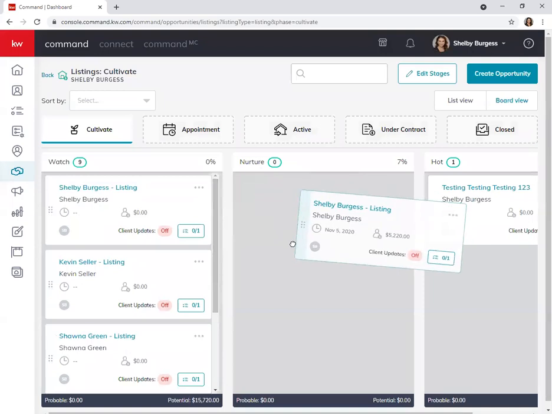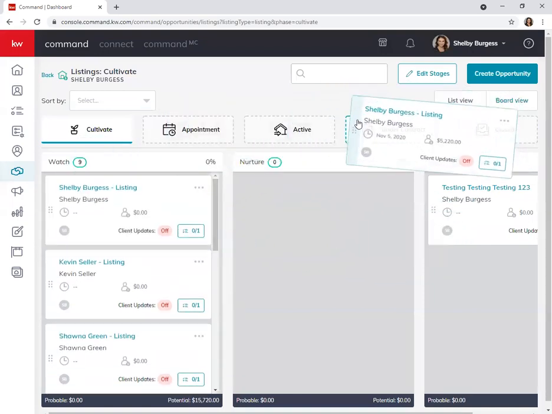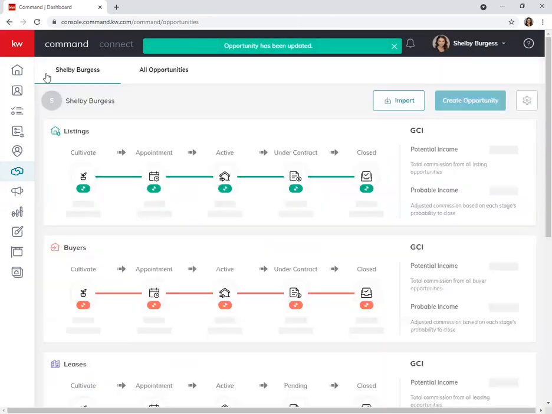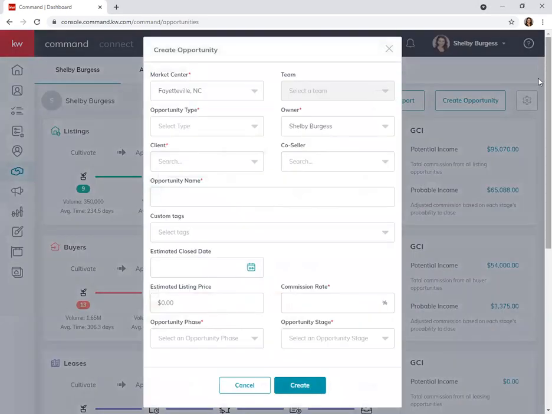And you can kind of move these around. If all of a sudden this goes to under contract, I can pop it up in here and then it moves itself over there. Okay, so to create a new one, I'm going to hit create opportunity,